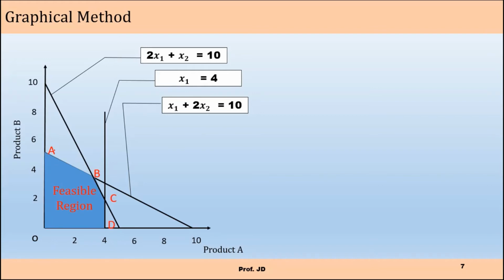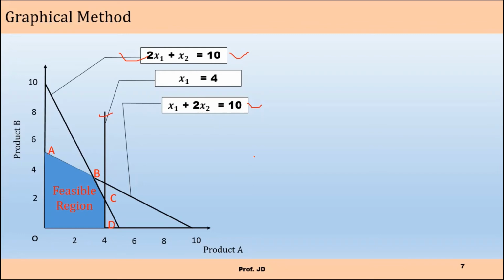And find out the coordinates of A, B, C, D. Again, see, point A is on the x2 axis and point D is on the x1 axis. So you can easily find out the coordinates of these 2 points. Point C is nothing but the intersection of this and this. So solve these two linear equations, you will get the coordinates of C, and B is nothing but the intersection of this and this. You can find it by solving these two linear equations. To solve them, make the coefficient of a decision variable the same. You will get the other decision variable, and you can find out the coordinates.